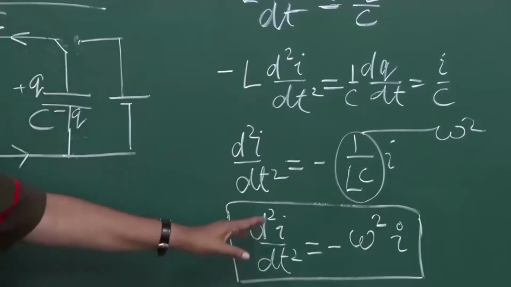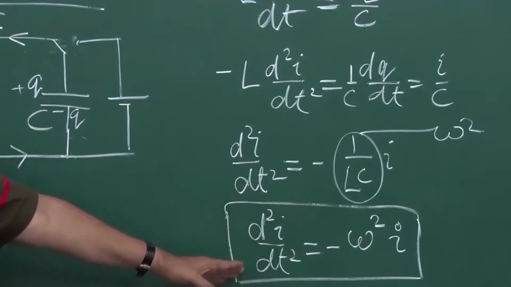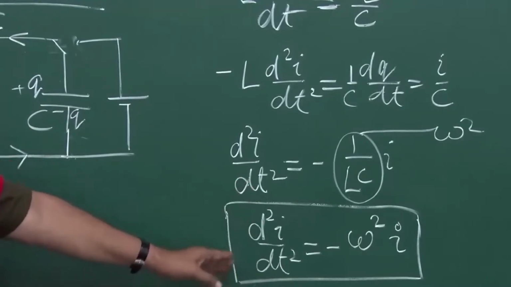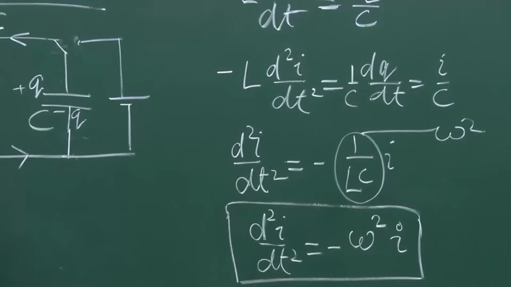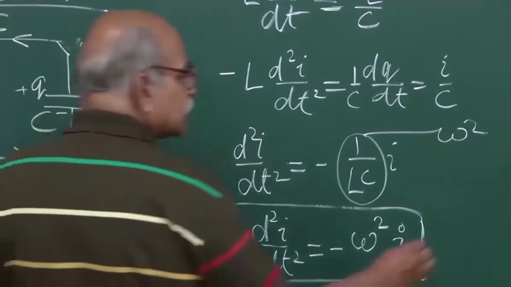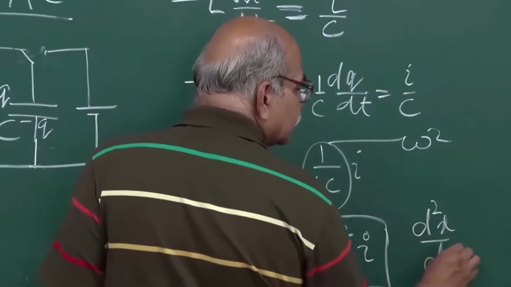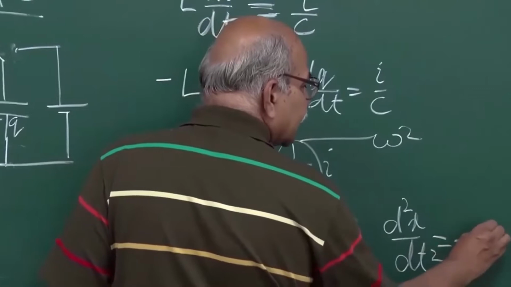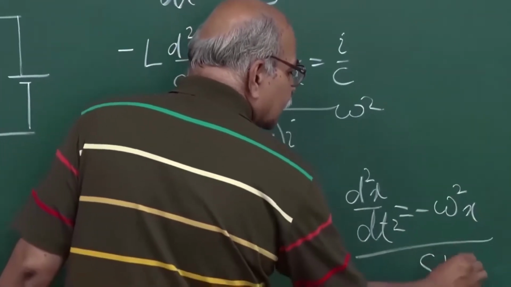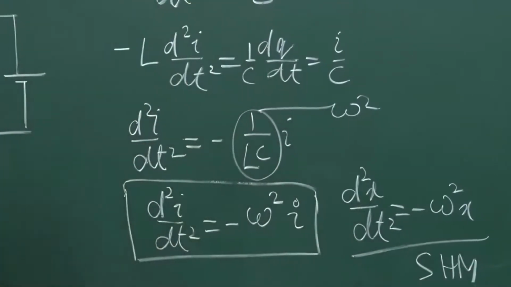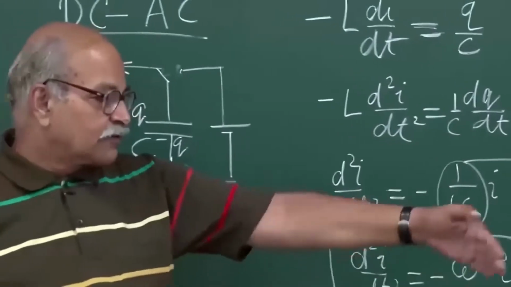So this is how the current will change in time, and this equation is familiar to you. This is a simple harmonic motion equation for a particle which goes in SHM. For that, the equation is d2x/dt² is equal to minus omega square x. So that is for SHM, and you know the solutions, the particle going in SHM just goes from minus a